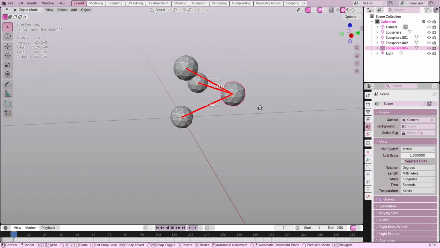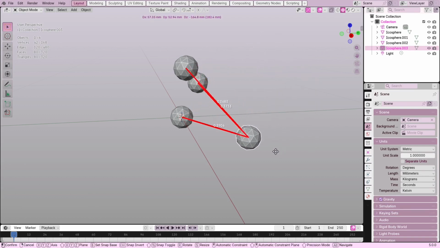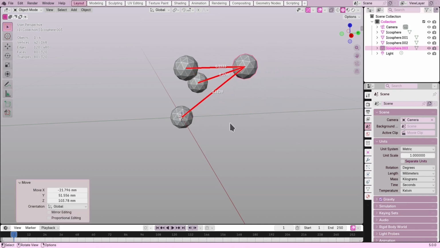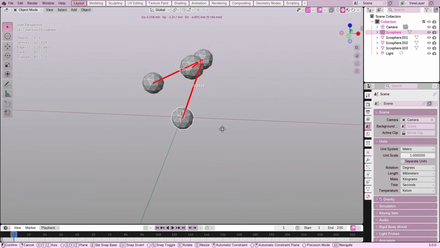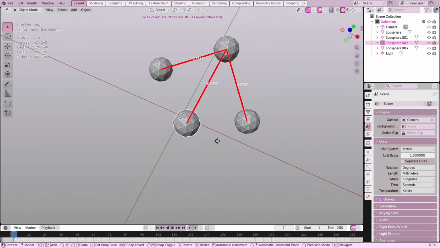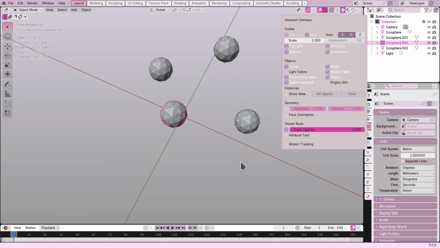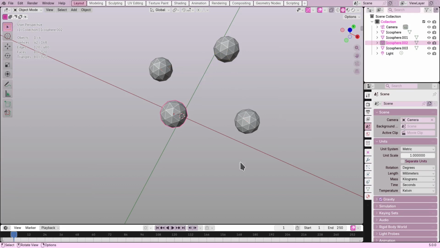All of this is dynamic too, so when we deselect all but the active object and move it around, the lines and distances are updated with every move. It doesn't matter which object we select as long as they belong to the same set we added previously. If we don't want to see the distances anymore, we can disable the overlay. So this is what we are going to build in this module, and we start by looking at the draw